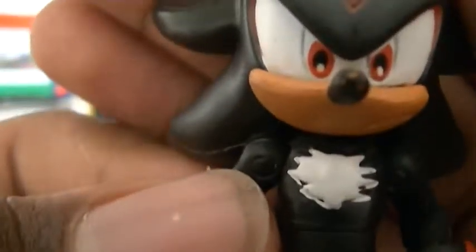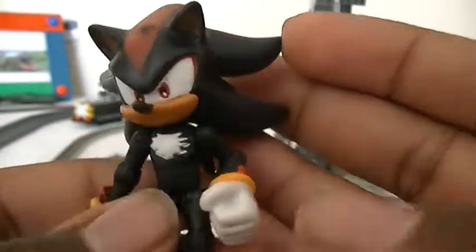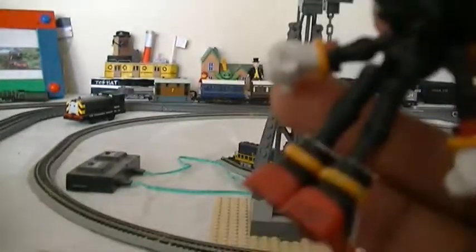Little chest fur, little tuft of fur. Not that good of a paint job done on it, but you know, oh well. If you just look at it from a distance, it doesn't really look that noticeable. Other fist looks really good. Other arm looks really good. Have the little spines, as I pointed out, they are very squishy. And then the little tail, his body is pretty much next to the same as Sonic's,